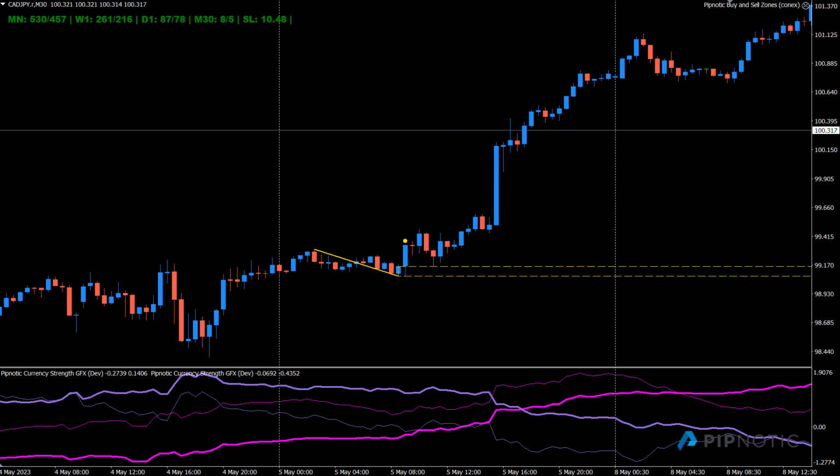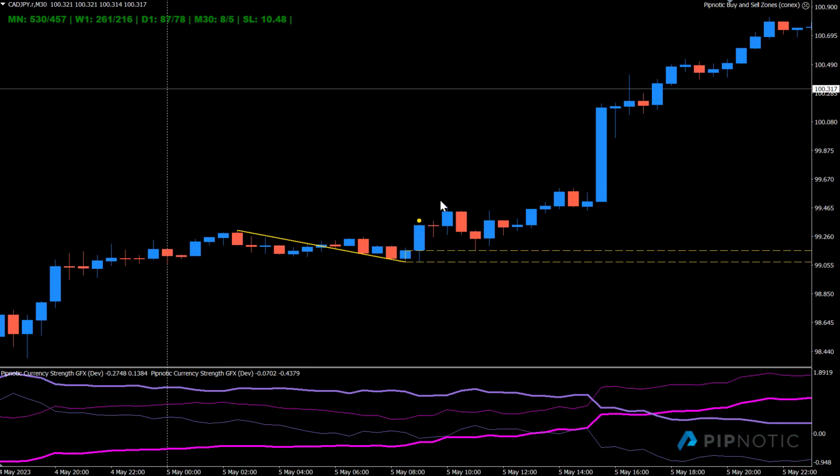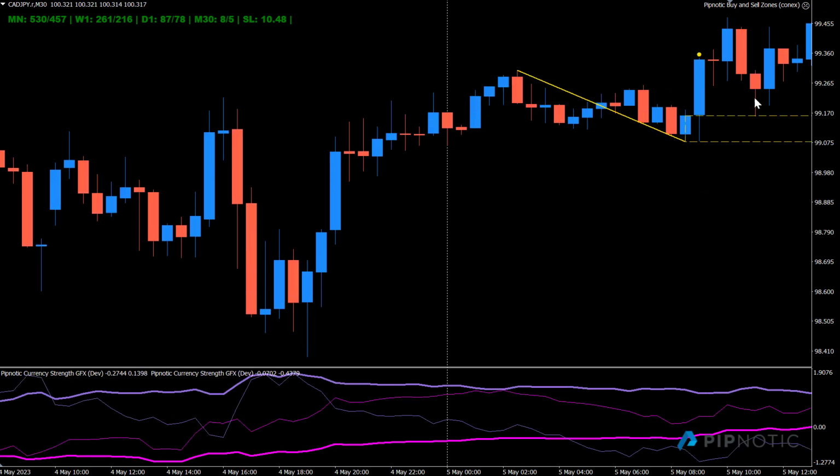This pattern is created and complete dependent on the configuration of the software. And so in this configuration, I can see, due to this dot here, that this pattern was created when this candle here closed. And I know that because there's a dot above it. This is what I added today because I wanted to be able to see this.